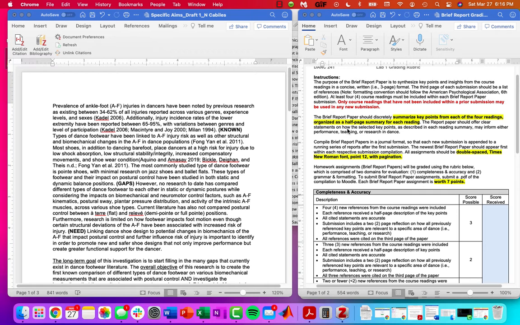Hey guys, I wanted to hop on really quick and make a few notes, specifically with regards to formatting your references, as well as some tips on how you can format your paper. That way your brief report can be squeezed into the 2 pages that it